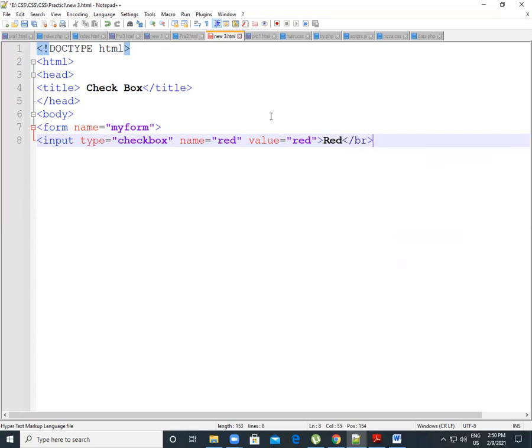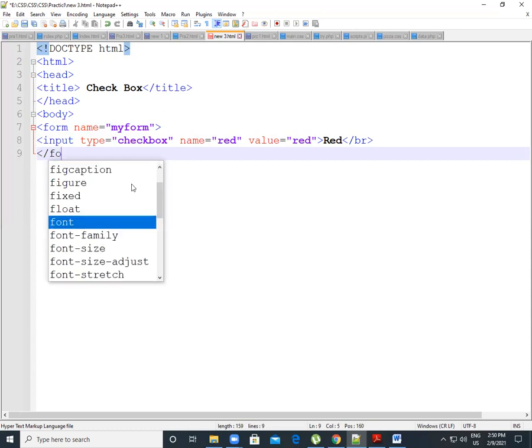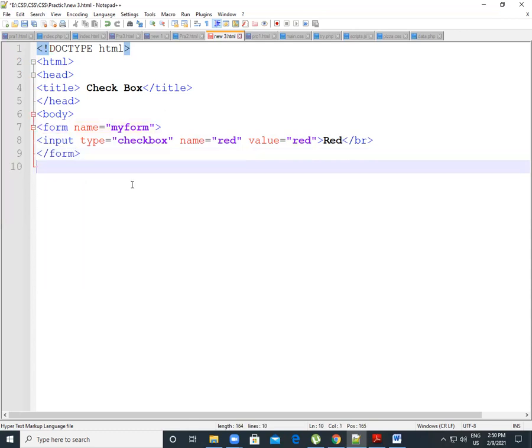Let's build this. First I will save this program and we will see what we got from this. I close my form, then I close this body, then close the HTML tag.